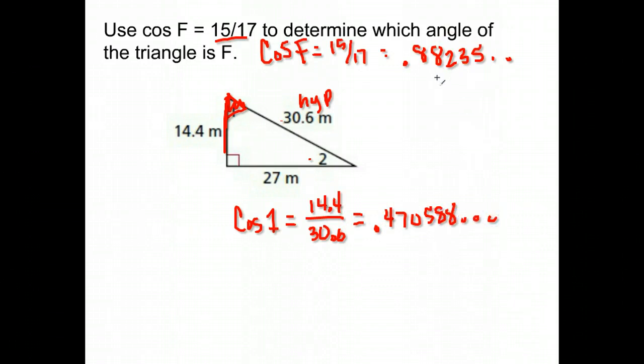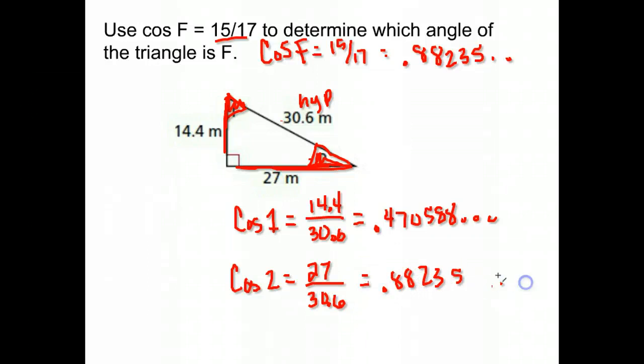Not the same thing as 15/17, which is what I was looking for. So I'm assuming one is not my answer. I'm assuming 2 would be the answer, but I do need to check to make sure I didn't make an error. So for angle 2, what would the cosine ratio be? Well, the side adjacent to angle 2, or the leg touching it, is 27 over the hypotenuse, which was 30.6. Let's go ahead and divide that. 27 divided by 30.6, and we get